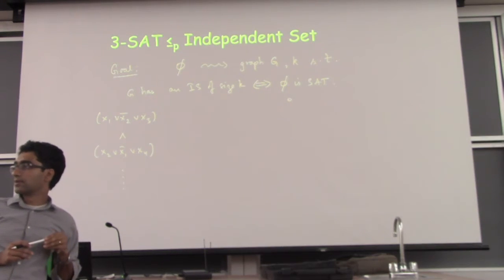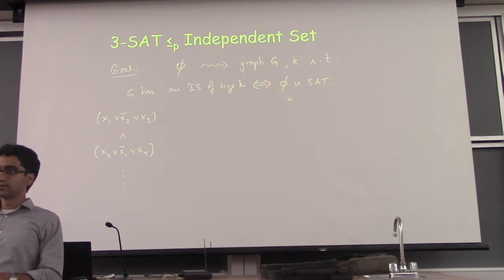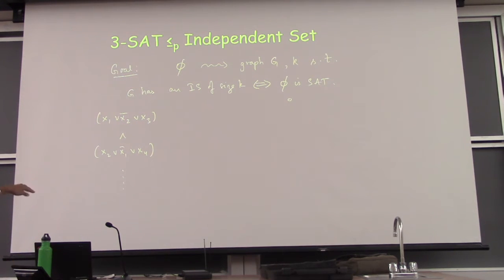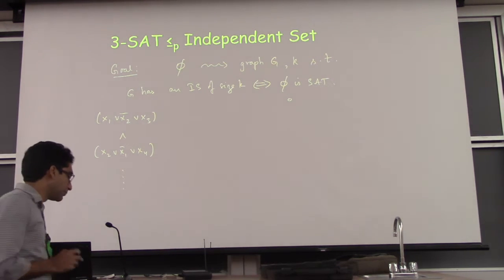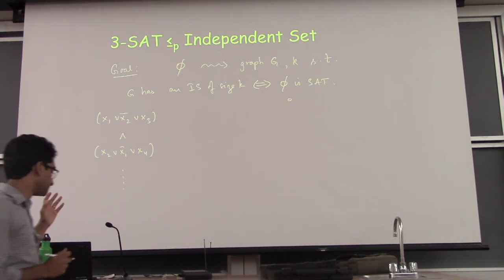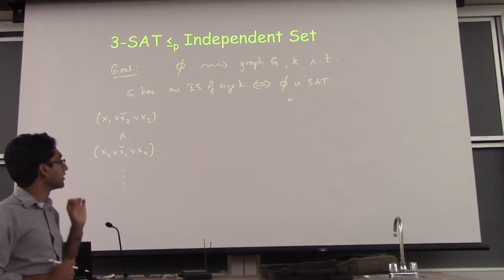There's one set of input. Yeah, so there are some values for the xi's, true or false, such that each of these clauses becomes true. Right? So that's what we mean by satisfiability. But one thing to note is that in some sense, x1, you have to set it, so you have to